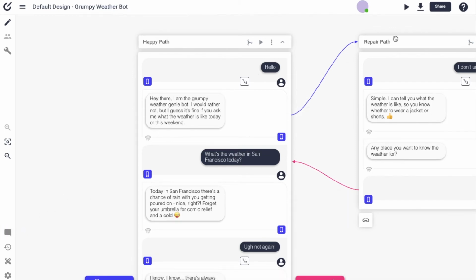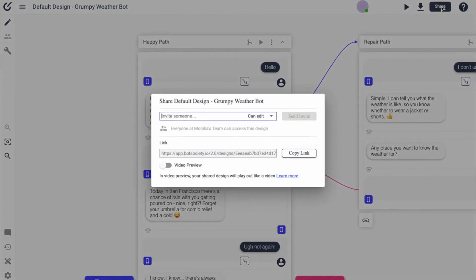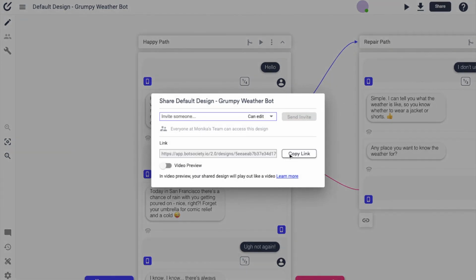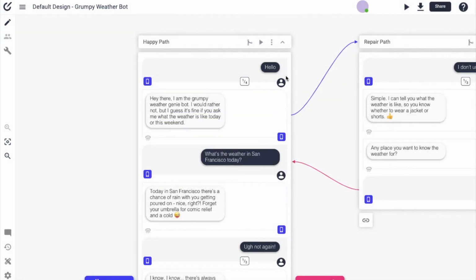Exactly. And so then when you share your design, I can invite someone to edit or to view. And if I invite someone to view, they'll be able to log in or make an account in order to be able to comment on your design. So keep that in mind when you share your design,